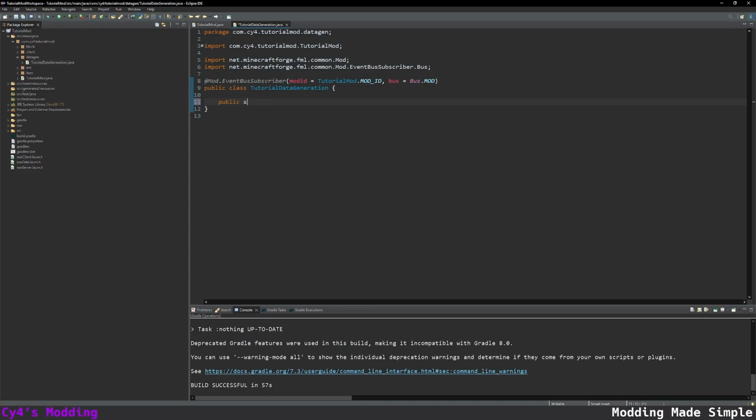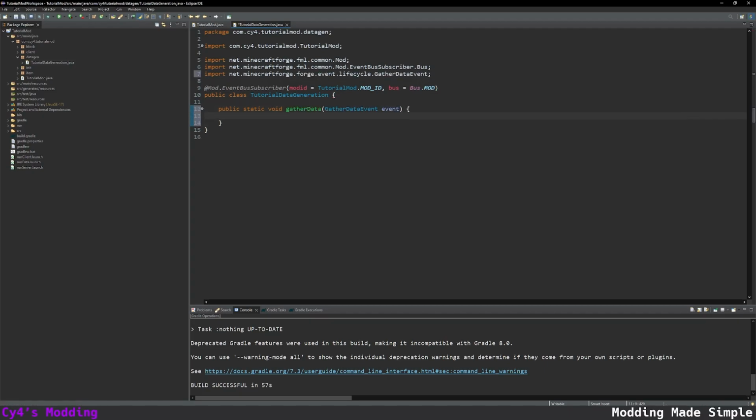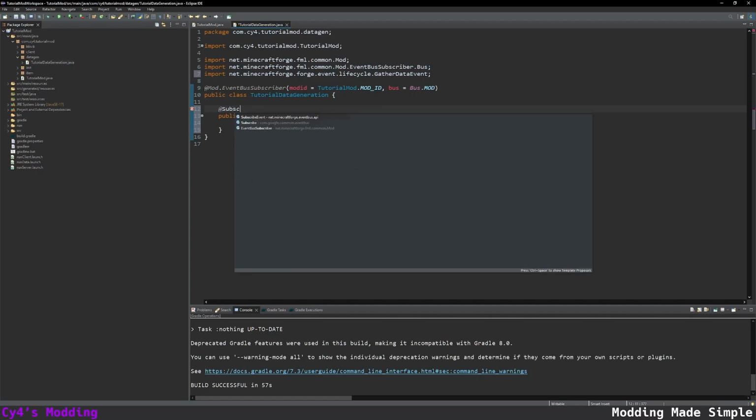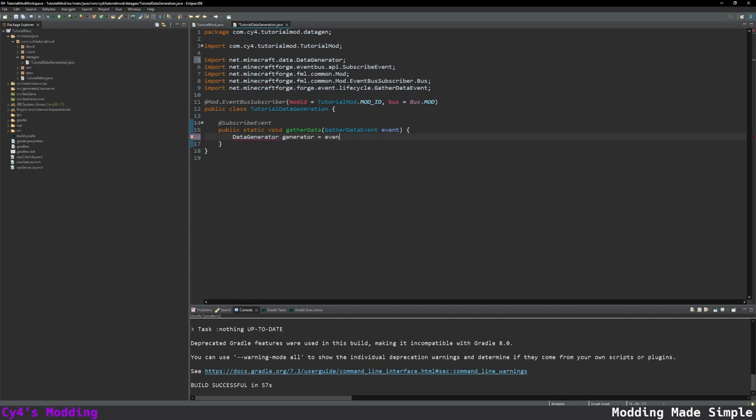Let's create a public static void called gatherData, and this is going to take a GatherDataEvent. And in order to make sure that it's run, we need to annotate it with an @SubscribeEvent. Next, let's get the data generator. So let's do DataGenerator generator is equal to event.getGenerator, and then we can check if